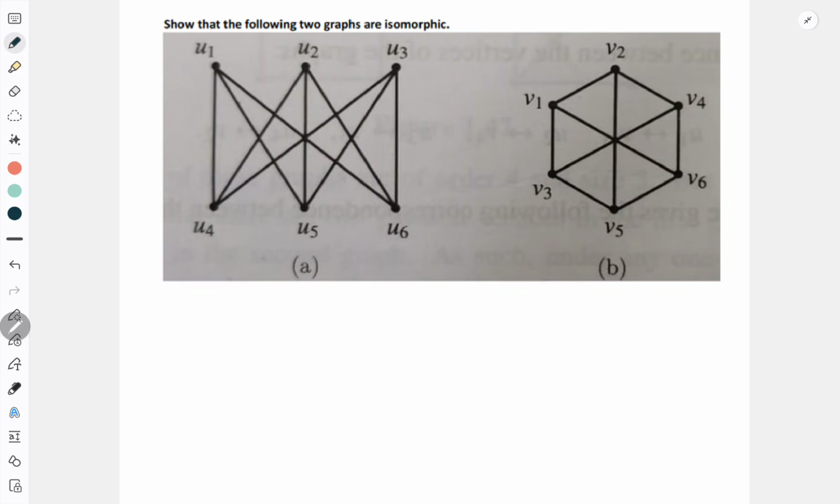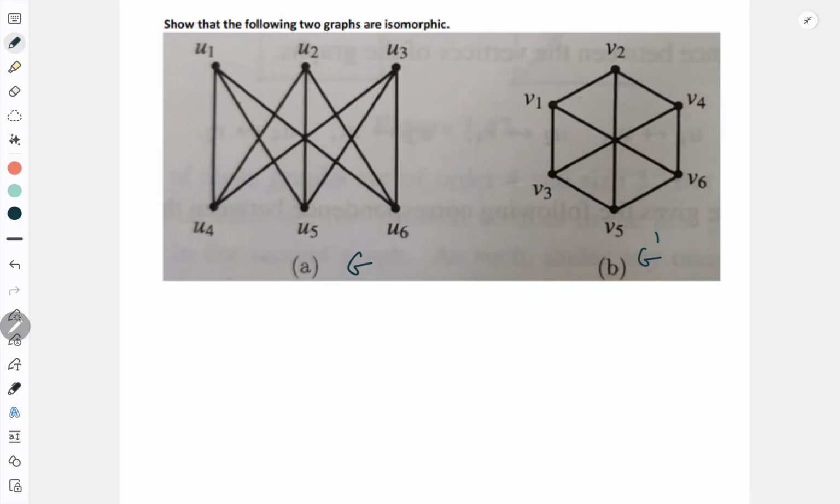And if you check, the degree of each vertex here is 3. Whether it is G or G dash. If this is G and this is G dash, degree of each vertex is 3. So these 3 points you can write in 3 lines, like short lines. Degree is same, number of vertex is same, number of edges are same, and degree of each vertex is also same. So now here only you have to figure out what is the image of U1, U2, U3, U4 in G dash, and adjacency should be there.